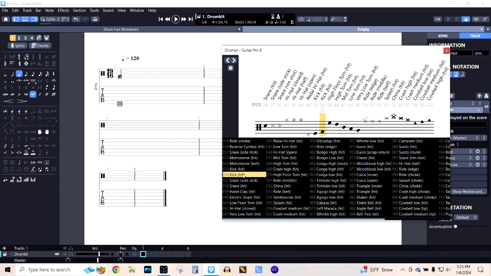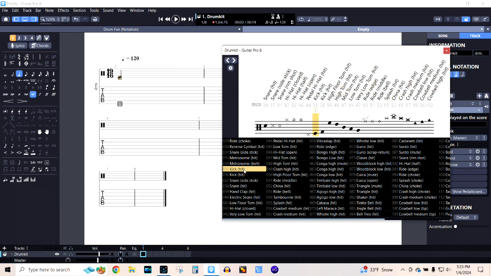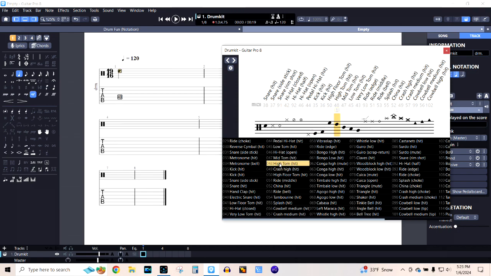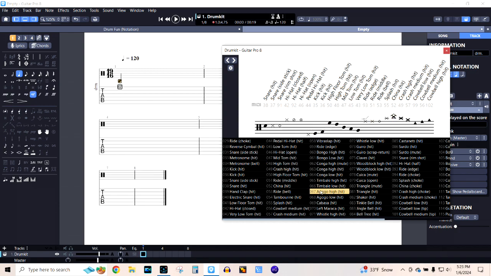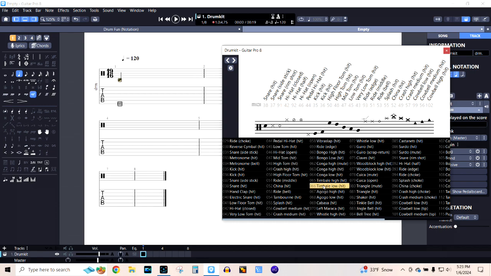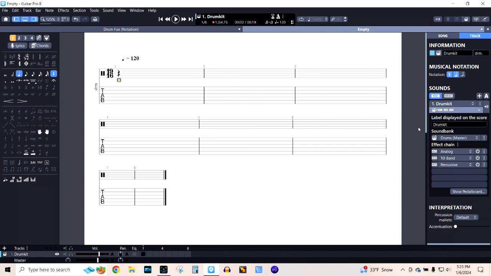But if you click on it, it gives you a sound. So you can test all these out. And you can see on my notation, it changes the note. And it gives you the tab as well, which is nice. So